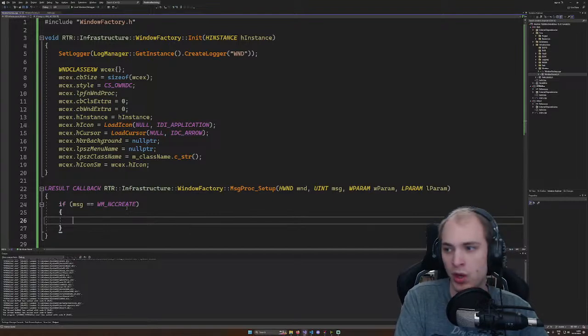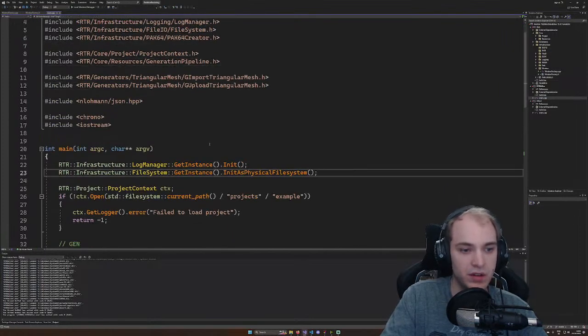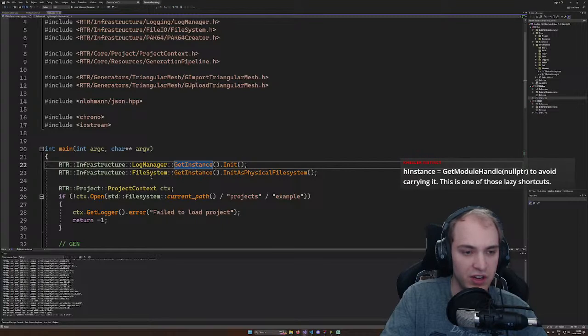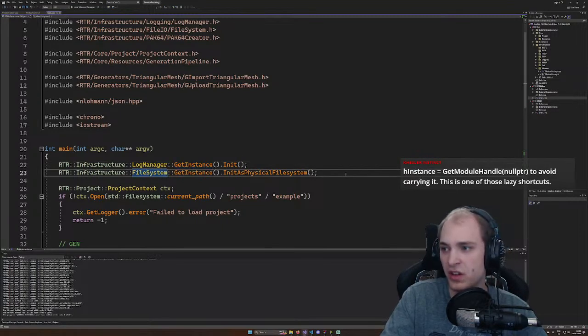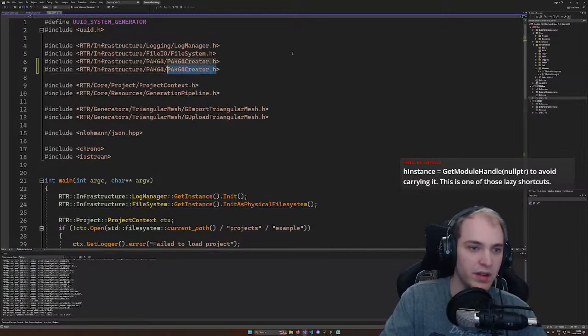However, I want to avoid that call. Since we are calling that from main, we can just directly pass in the pointer, right? It's going to get in after the block manager is initiated, the file system gets initiated, and after that I'm going to initiate the window. So